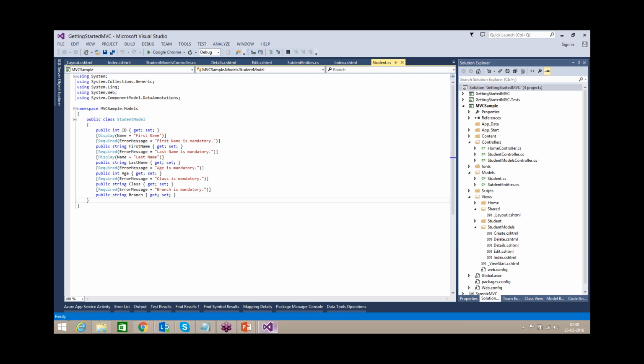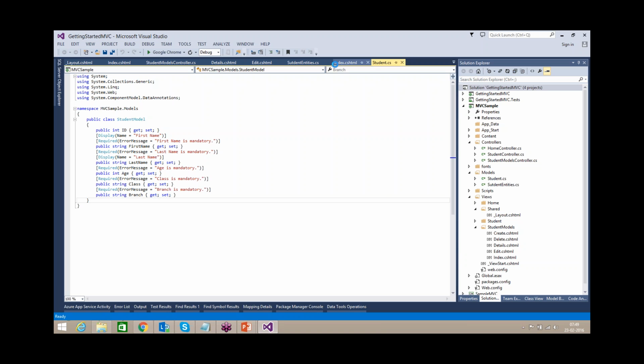To reduce all these things, MVC stopped using view state. There is no concept of view state in MVC, and there is no concept of server controls. We have helpers in MVC to render controls and other things.